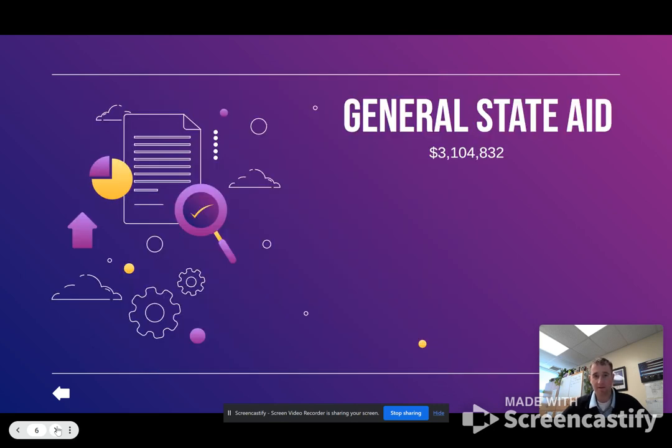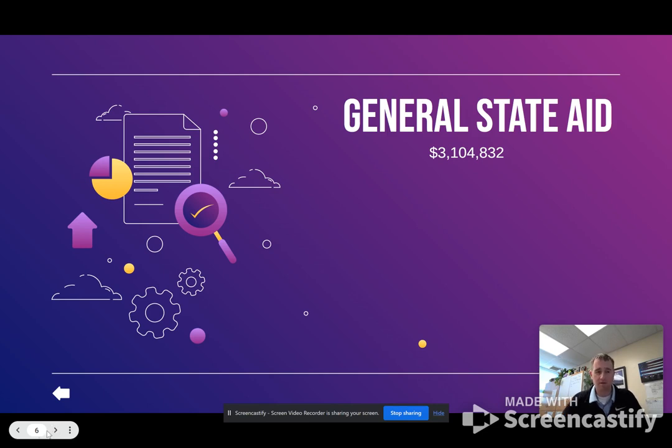General state aid for this year was just over $3.1 million, and I have seen some of these payments coming in, being up in the district office doing the finances. It comes to our board clerk. She makes the deposit, sends it over to me. I do the revenue entry to our district accounting program and put it in the right code,